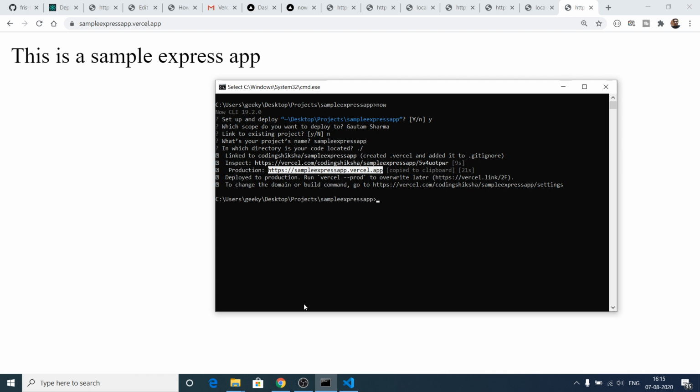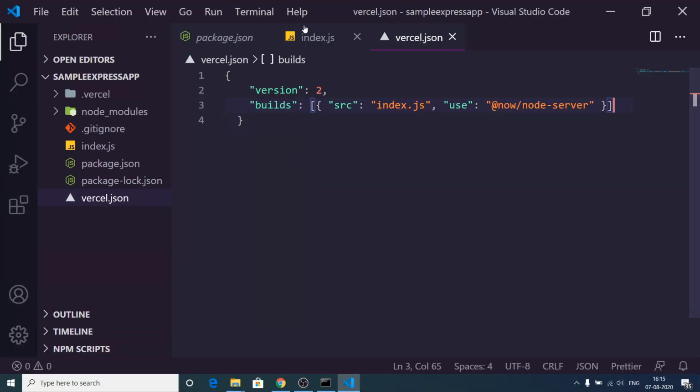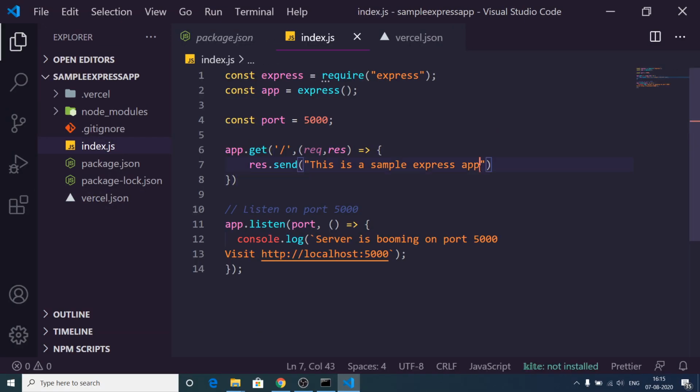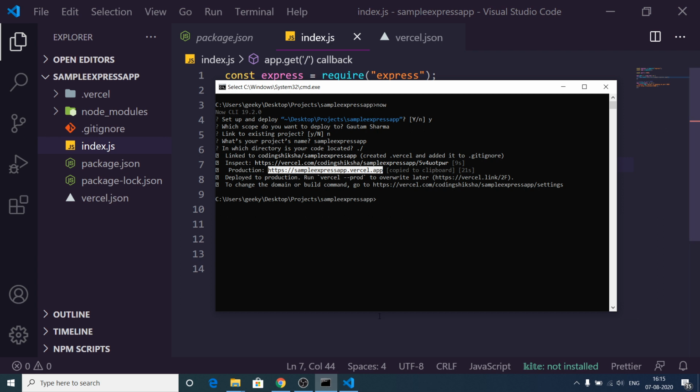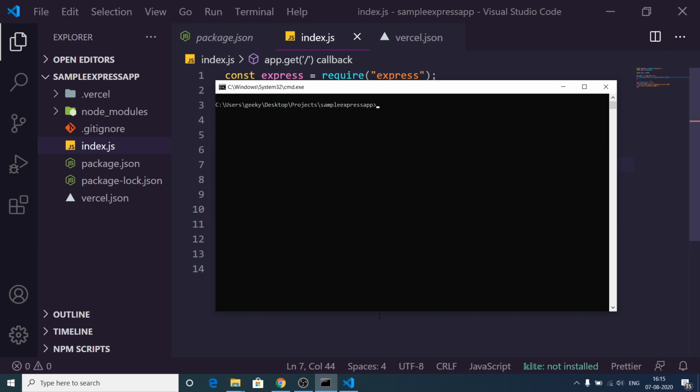And now if you want to make any sort of changes here, let's suppose I need to change it to express app 3. So now the second library comes into the picture, which is Vercel. That is why I told you that you also install the Vercel command globally. If I enter this command Vercel here, it will automatically detect the changes that I have made to this file, and it will automatically deploy this application and give you a short preview of the URL.